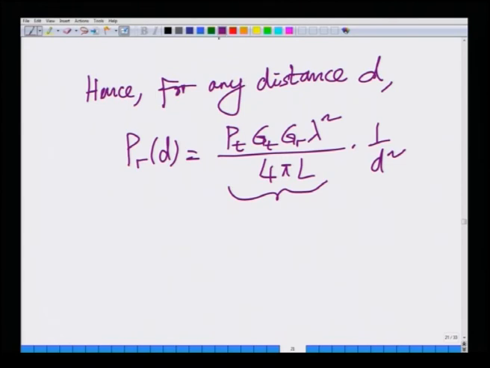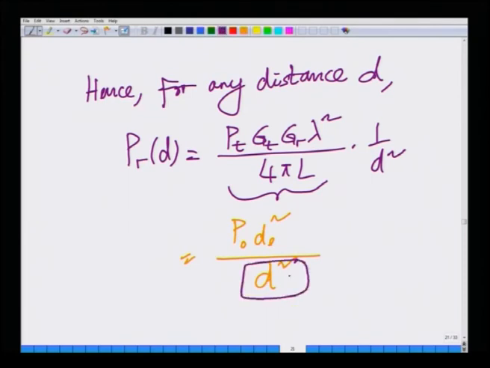Hence, this is equal to P naught d naught square by d square. That is, the power received at any distance d is some constant, which is the reference power P naught received at distance d naught, divided by d square,